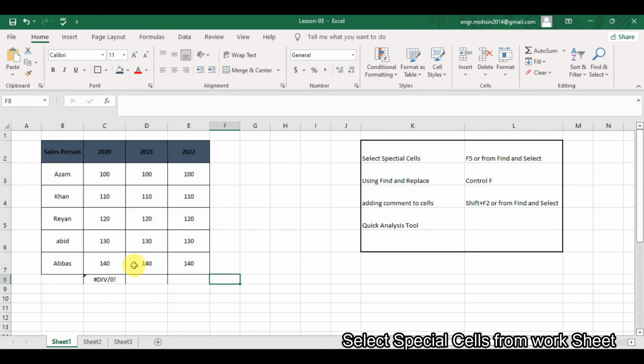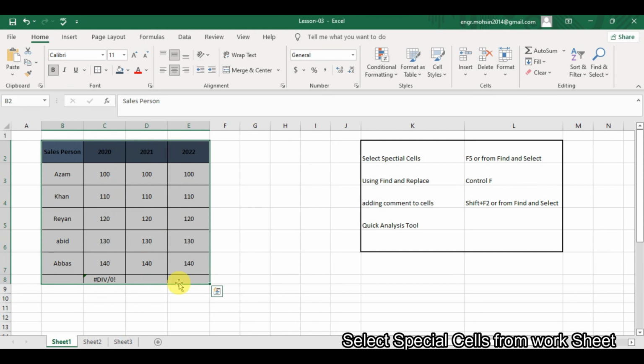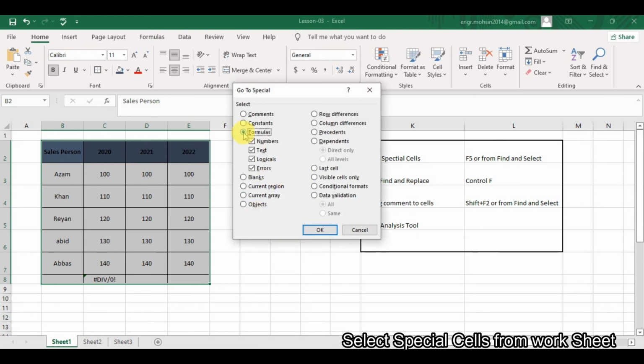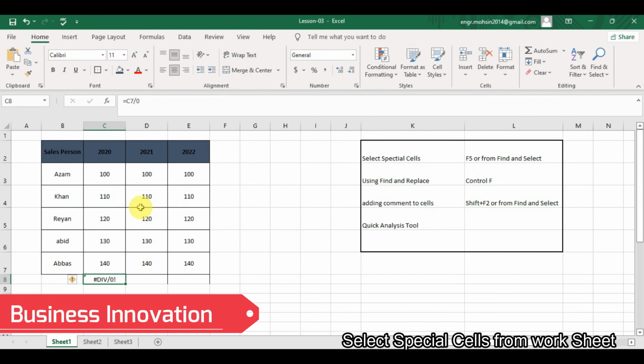Now if you want to select the cells that have errors, select the entire table. You can also access this command by pressing F5 on your keyboard, and here click special, then formula, and then error, and the errors will be selected.